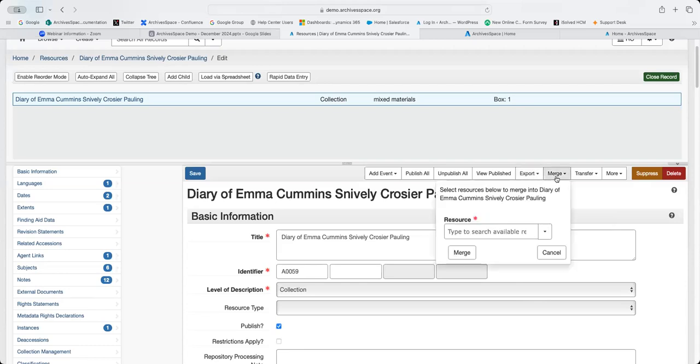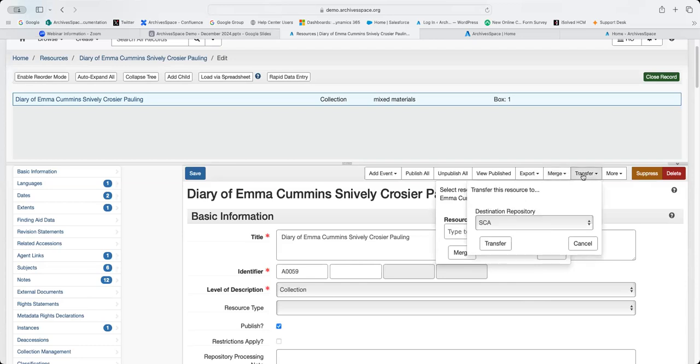You also have the ability to merge a collection. This would maybe be useful if you realize that one collection that you had created needed to be completely reprocessed, and you had one series you wanted to merge or something. There are use cases for wanting to merge two resources together, or you could transfer it to another repository within your ArchivesSpace implementation. So if those materials got moved from one department to another, you could do that here. There are also a few other functions that you can do, like create an assessment, like I mentioned, as well as calculating the dates for the collection and its extent, but we won't get into that.